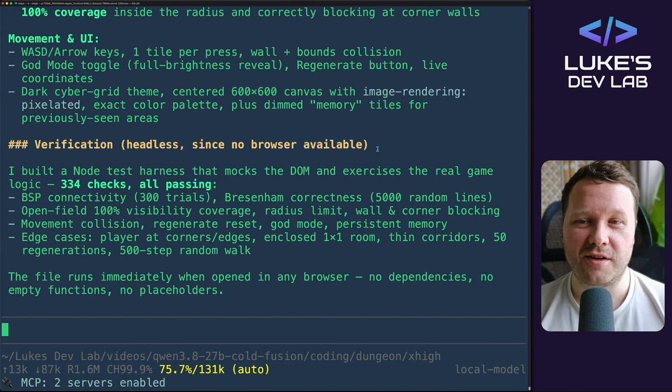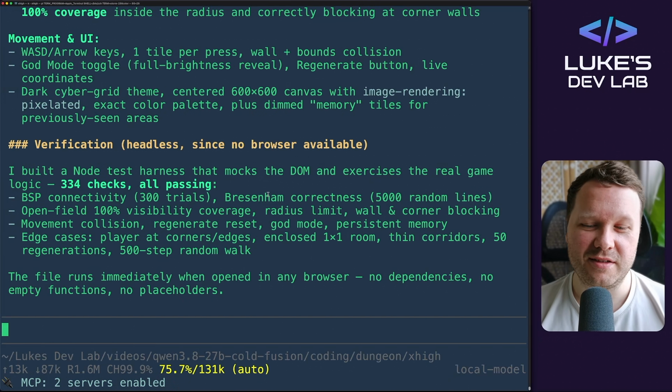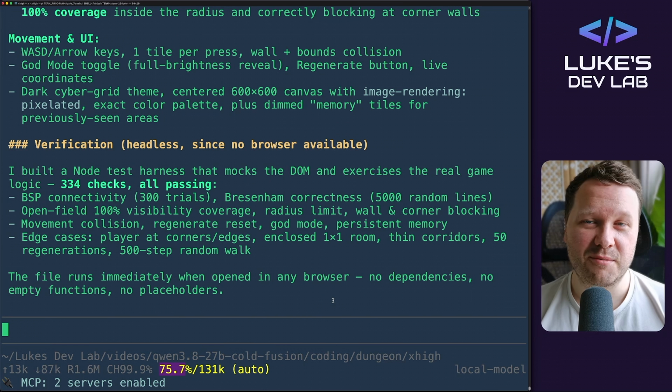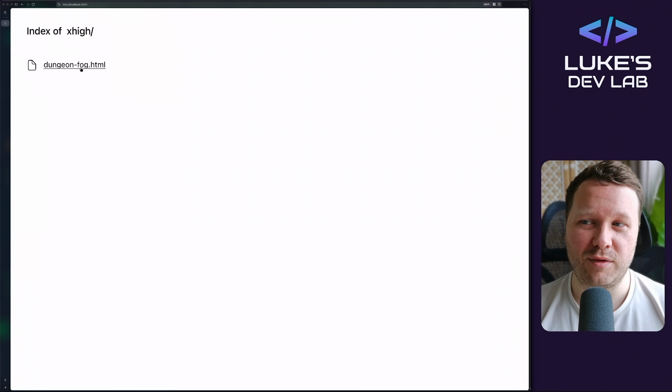So we're into our dungeon crawler test now, so this is a good one with the algorithmic capabilities of the model. So this one completed in 75.7% of our context used. Now on the base model it only used 42.5% in this test, so this is considerably more tokens used. And then if we look at our result,